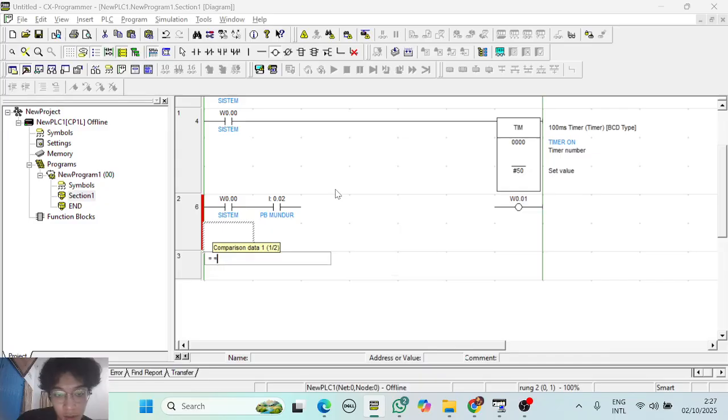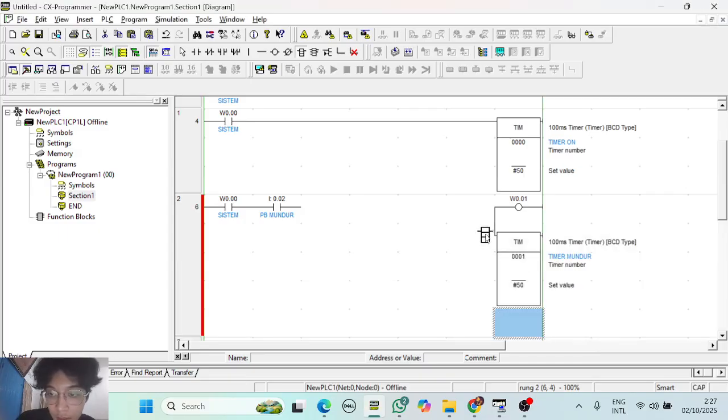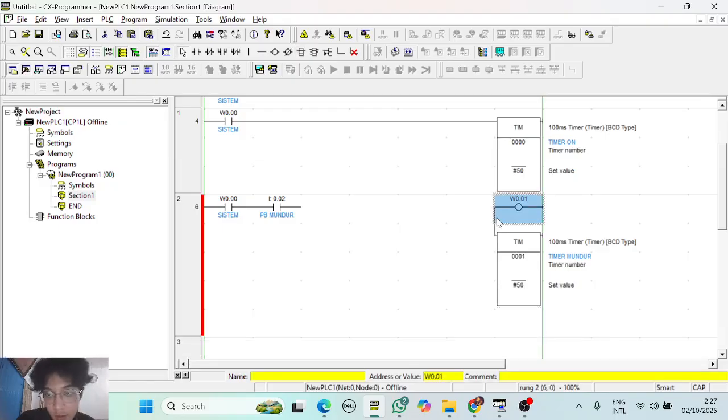After this we can add the new instruction with address TIM 001 #50, and we can name it timer mundur or countdown timer. Okay, countdown timer, this is wrong, delete.